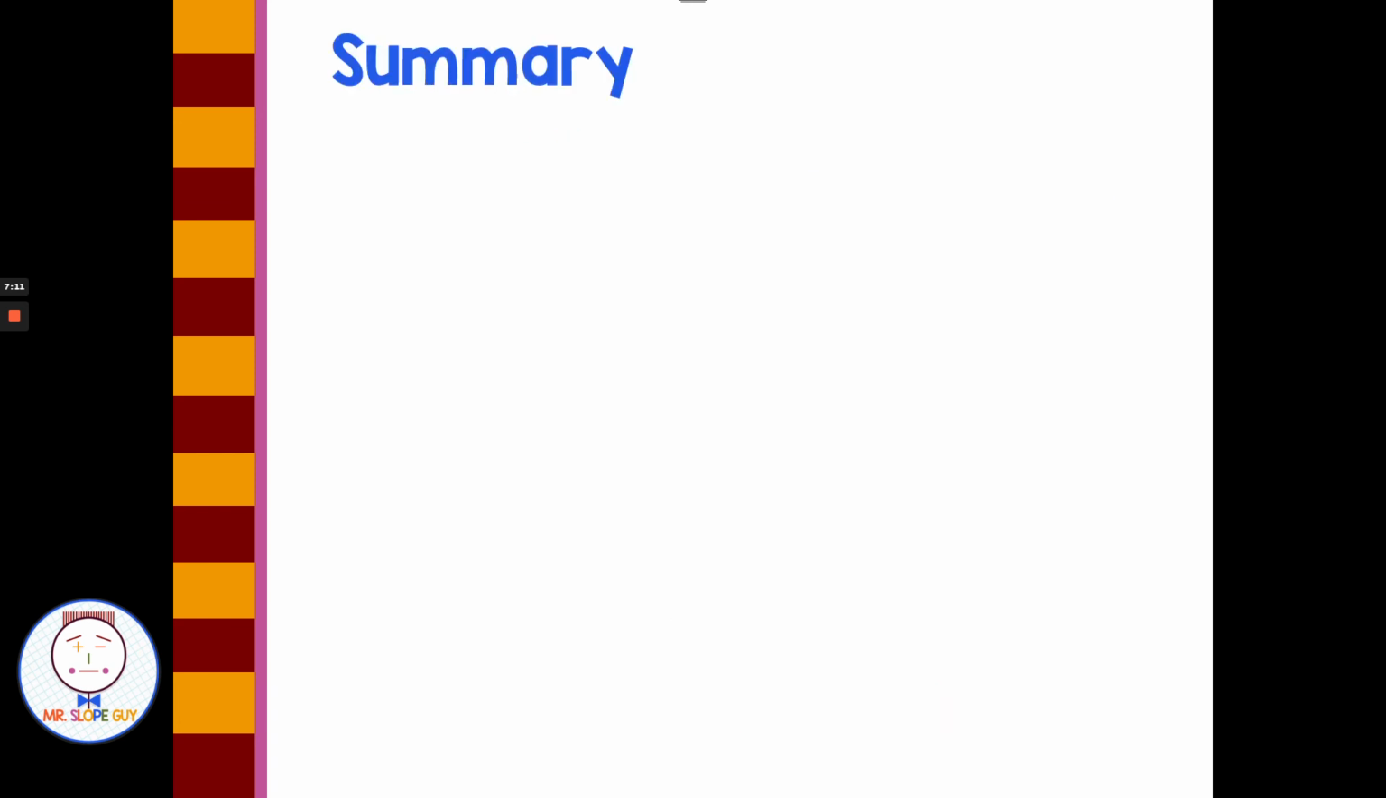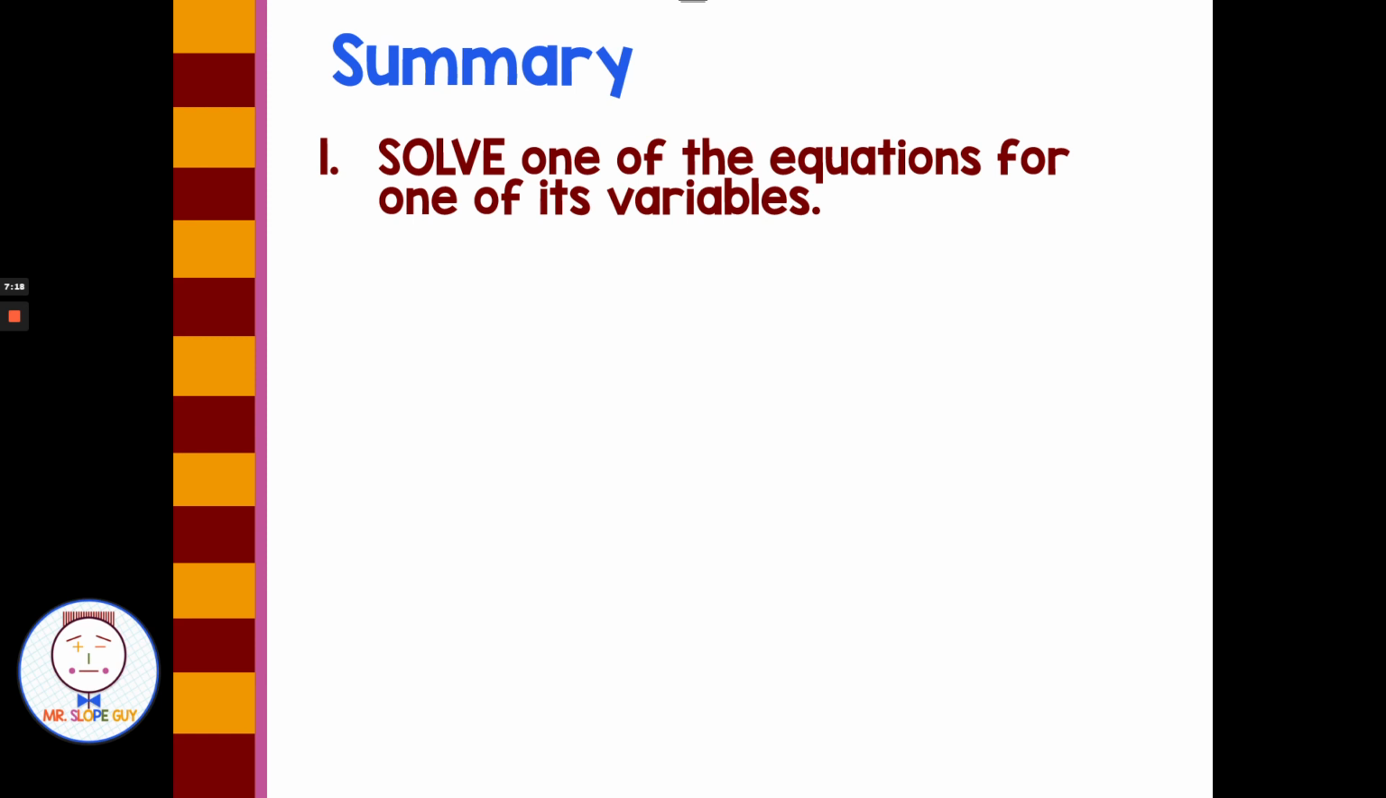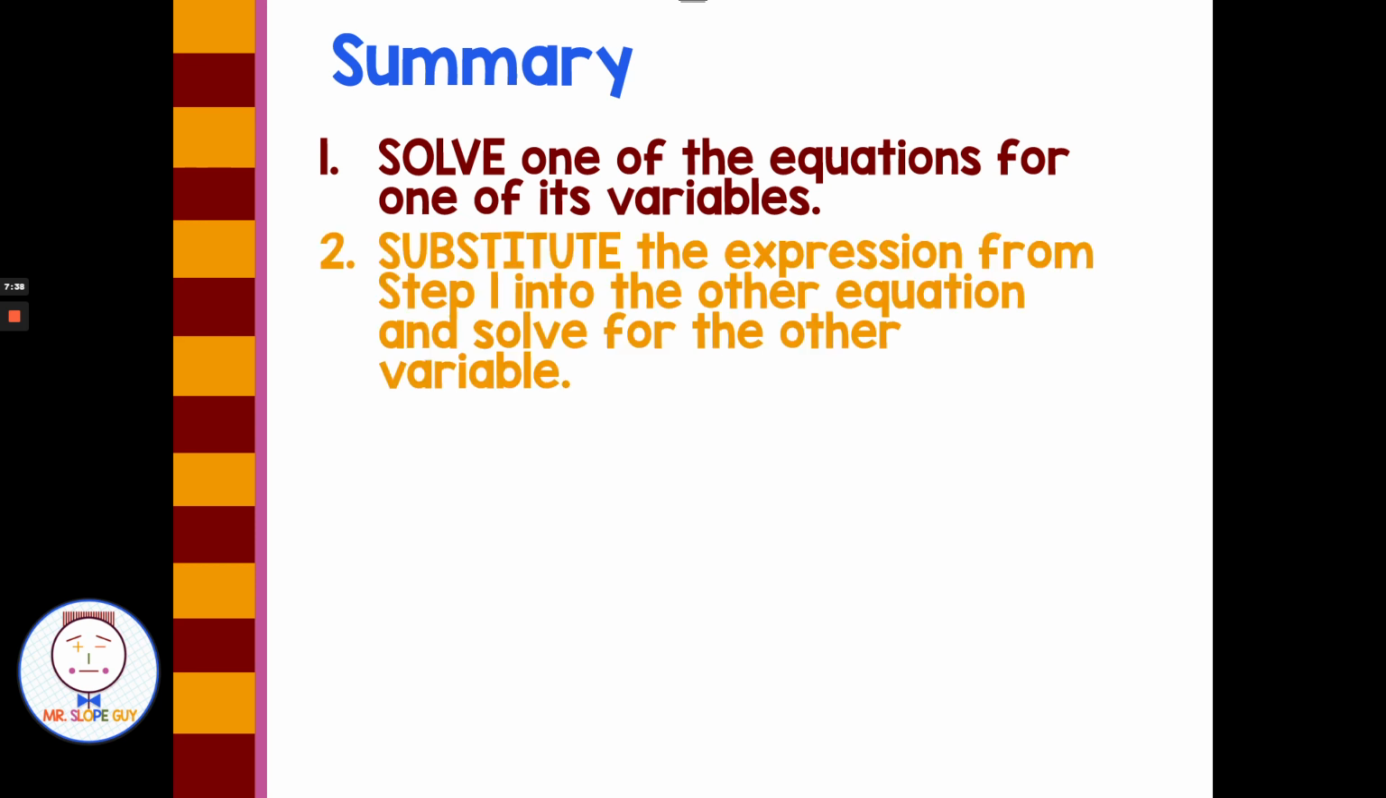All right, let's go through our summary of steps. What did we do in order to solve systems of equations by substitution? We solve one of the equations for one of its variables. So sometimes you're going to be given equations that are already solved for a variable, which is great, then you don't have to do step 1. But if either of the equations are not solved for the variable, you can rearrange the equation, solve for one of the variables. Step 2, substitute the expression from step 1 into the other equation and solve for the other